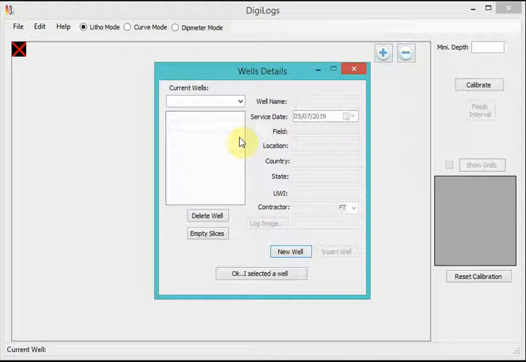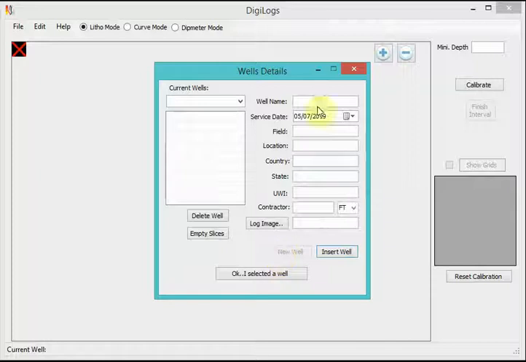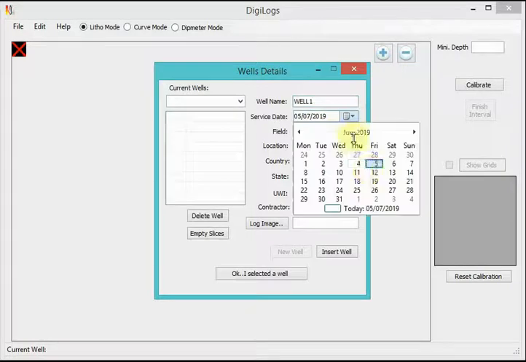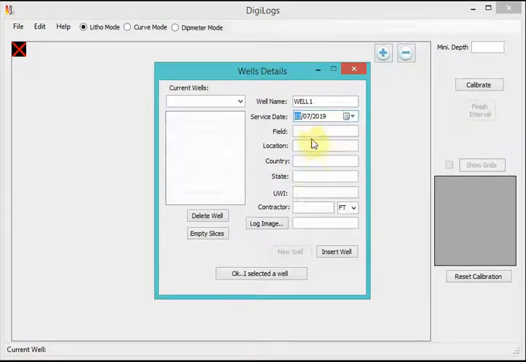In this window we will define the well header, which contains the basic information about the well, and we will import the log image, which is the scanned TIF image that we want to digitize. So at first begin with new well. It will open all these fields: type the well name, select any surface date, and we can bypass any of these values. We can select the depth unit, meter or feet,